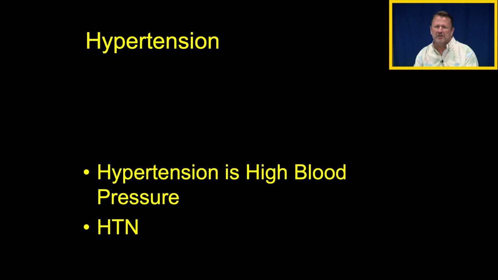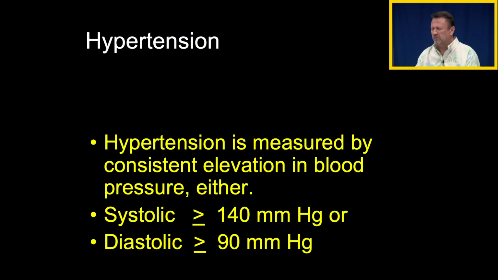Hypertension is high blood pressure. That's abbreviated HTN. Why isn't anybody teaching people that HTN is the abbreviation for high blood pressure? Somebody asked me that. Like, well, there it is on the slides. I'm not going to make it flash great big, but HTN is the abbreviation for high blood pressure, and it is a disease process that's characterized, clinically manifested by consistent, here is a very important word, consistent elevations in blood